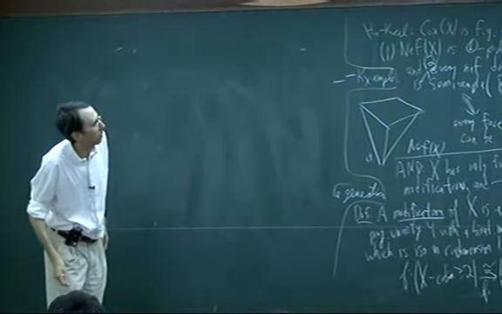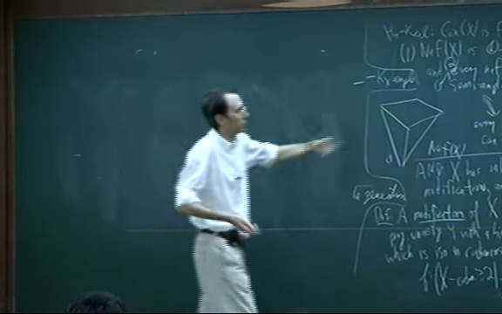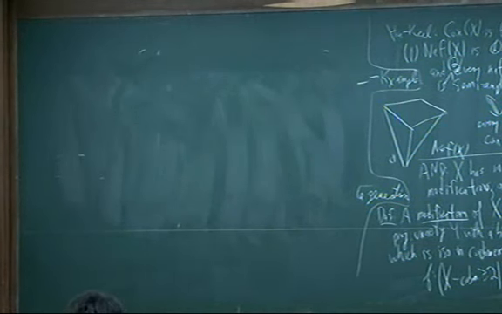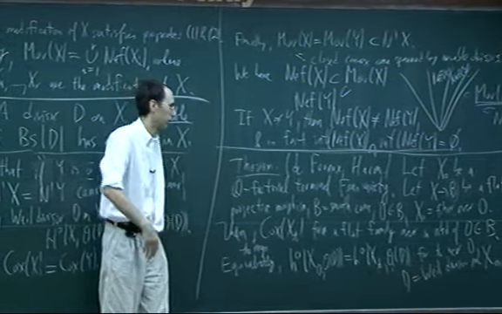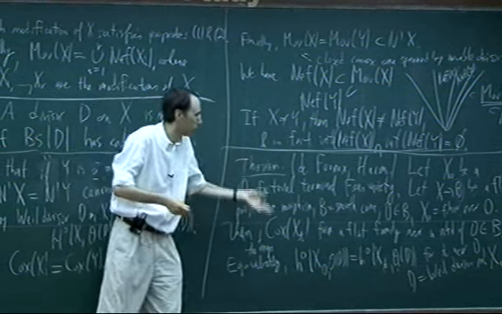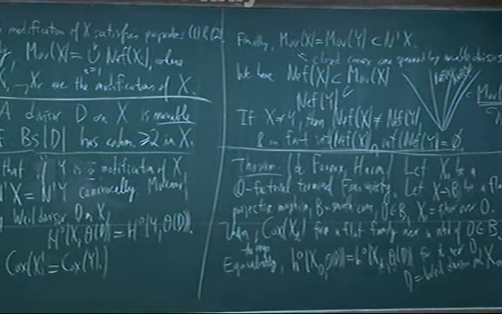Right. Imagine saying that each of these graded pieces of the Cox ring is a vector bundle over B. It's a coherent sheaf whose fibers have the same dimension everywhere. In other words, it's locally free as an O of B module.